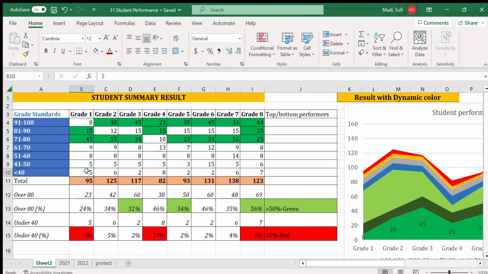5 students from grade 1, 6 from grade 2, 2, then 8, then 2, 2, 6, and 7 from grade 7. And here is the total number of students in those grades. And the analysis shows that